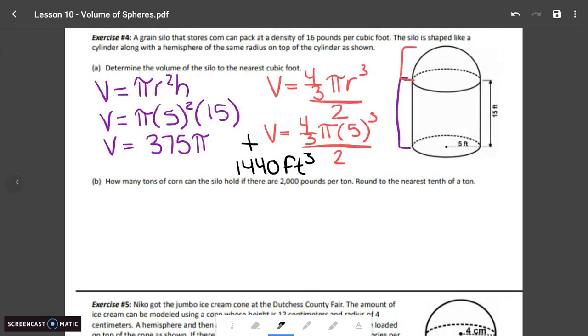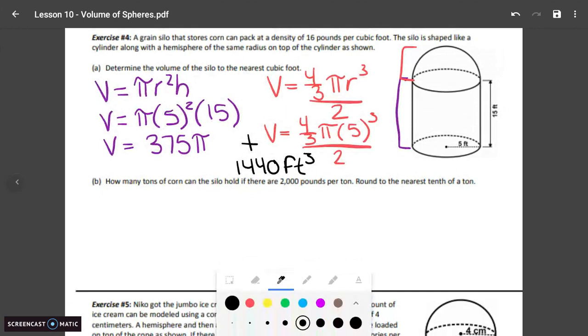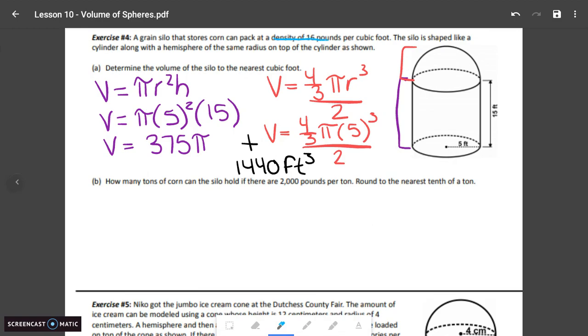Okay, so how many tons of corn can the silo hold if there are 2,000 pounds per ton? So we have two conversions to keep in mind here. We have to remind ourselves about the density over here, 16 pounds per cubic foot. And then we want to convert it to tons after. So with that density,